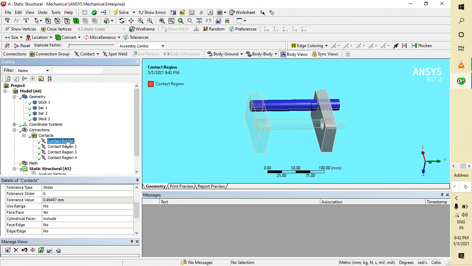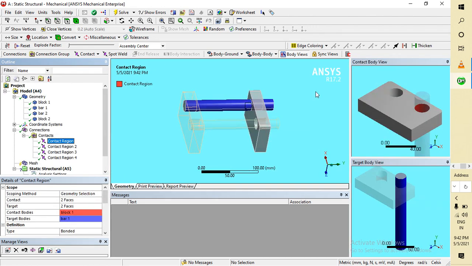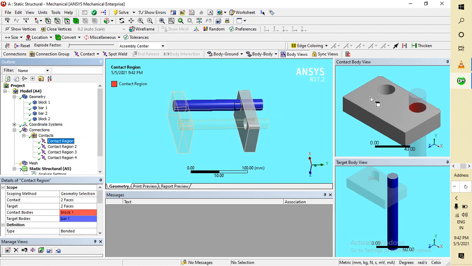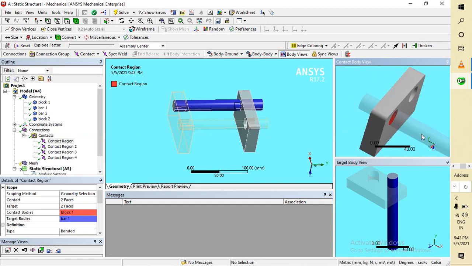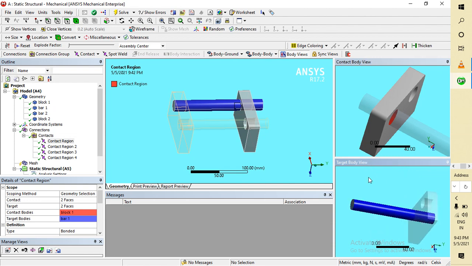Now if you can see here, one thing is more important: the body which is visible, not the shaded one, is the contact body, and this bar is the target body. So always remember in your mind that the contact body is the one where the bar is going to make contact, and the body which is making contact with this block is the target body.